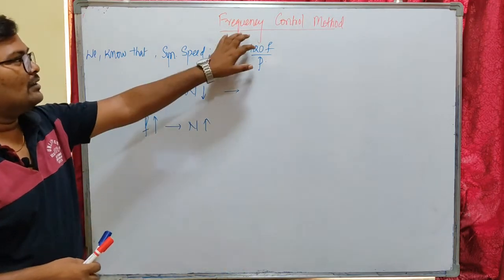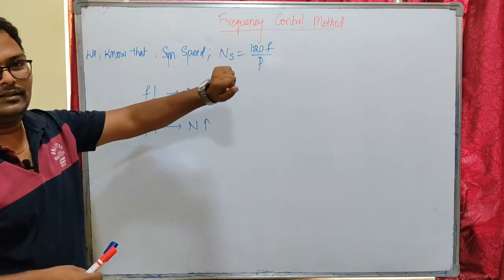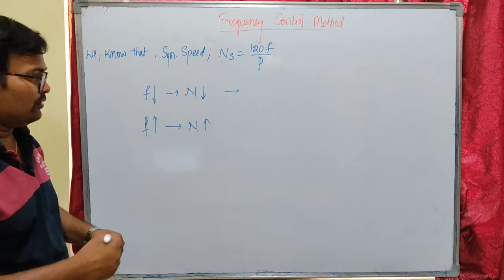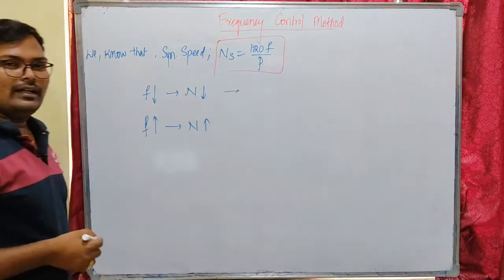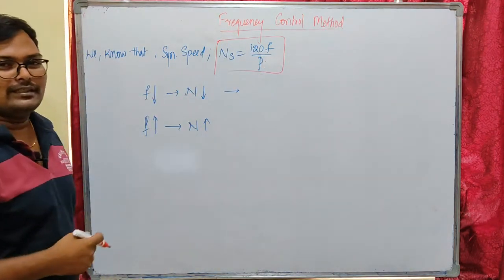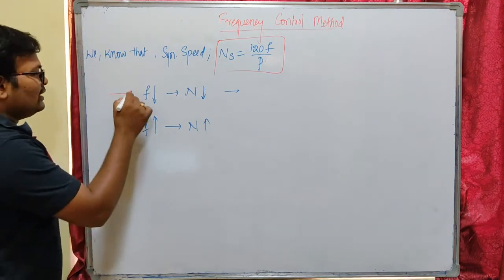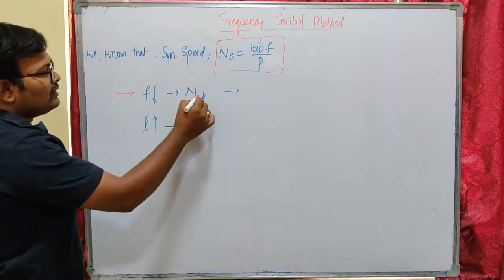Now let us see another speed control method, that is the frequency control method. We know that our synchronous speed ns equals 120 f by p. So we are going to change the frequency so that we can change the speed of the machine. Here I can decrease the frequency so that the synchronous speed will reduce, so that